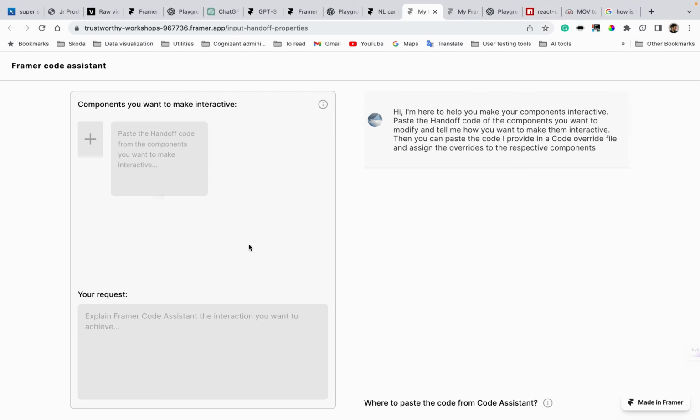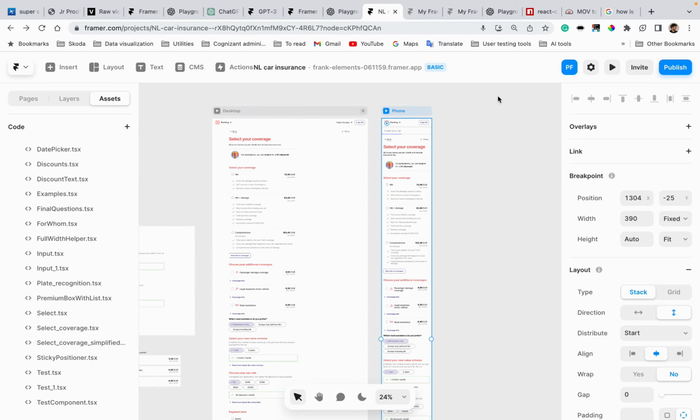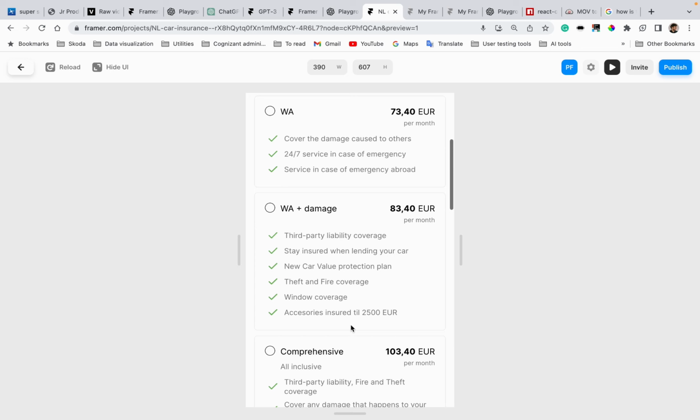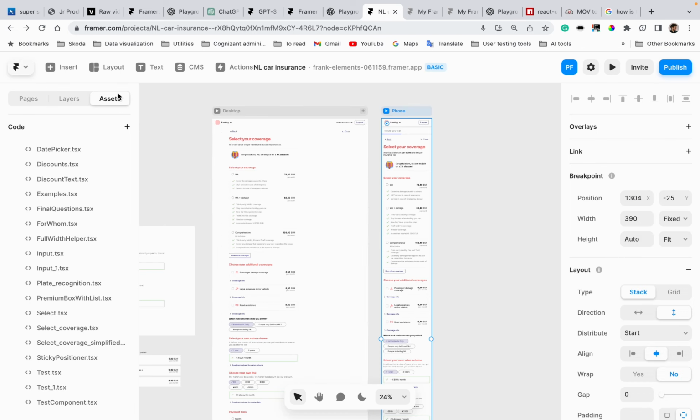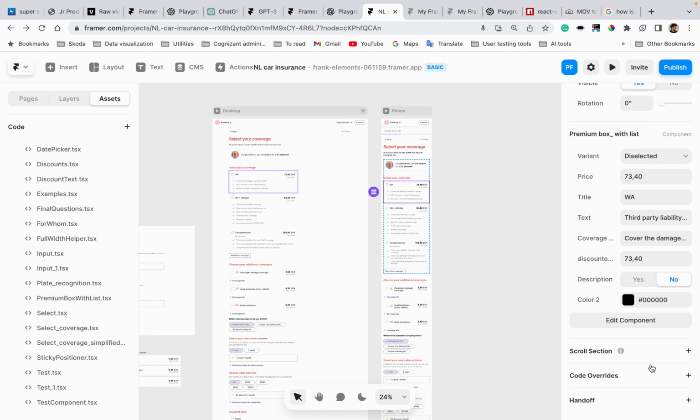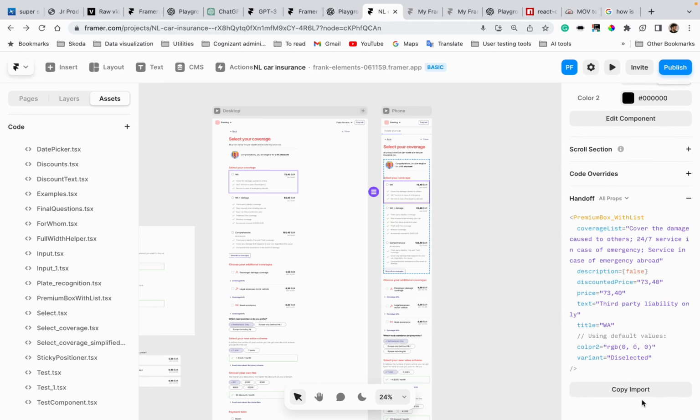So here basically I built a little interface where designers can input the handoff code from Framer and ask the AI to code overrides for them. So basically what we are going to try to do is to make these components interactive. At the moment they are not. So what you need to do is select the components you want, go to handoff, copy the handoff